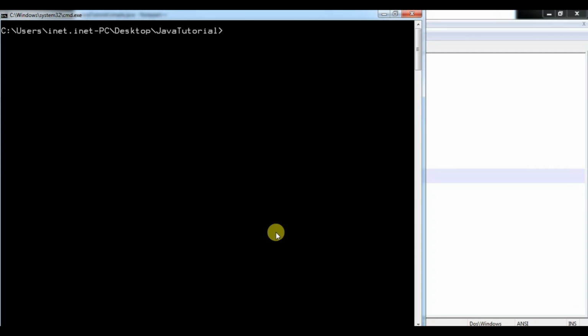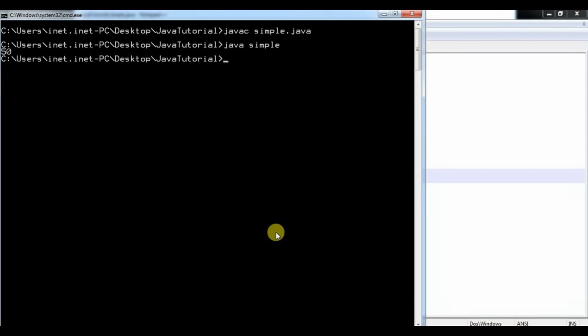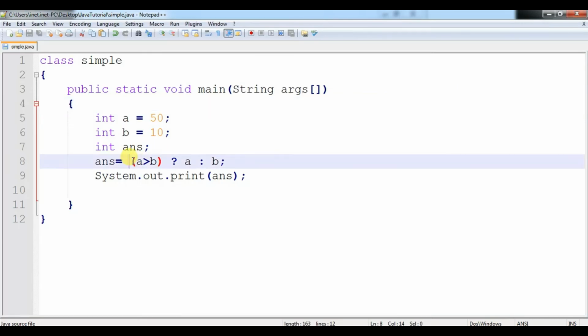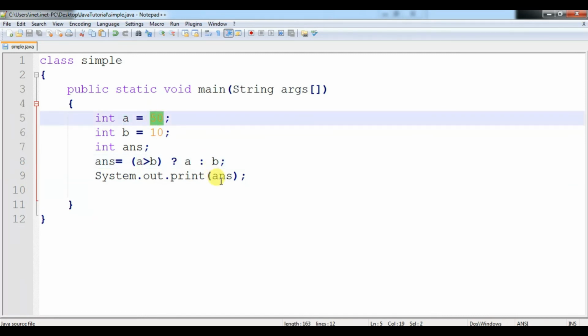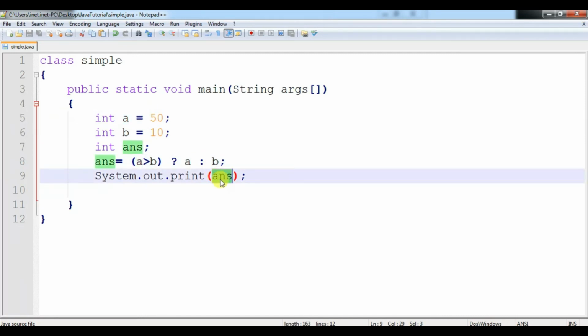Now let's compile this file using javac filename.java and run this file as java and the name of the class. Okay, it has printed the value 50. Why? Because if the condition is true, then the first block is going to print, that is a, means value of a is 50, so obviously the answer will be stored as 50.